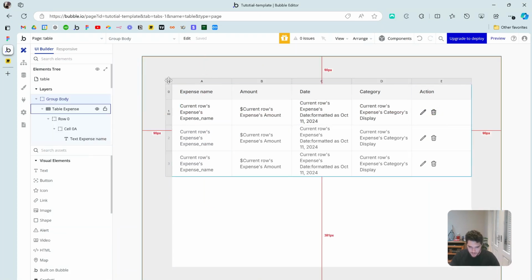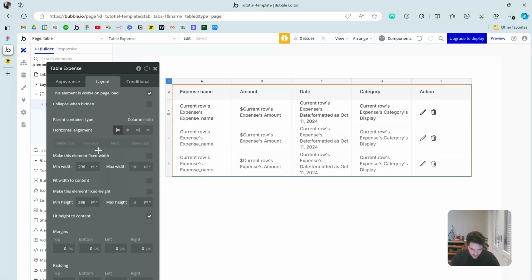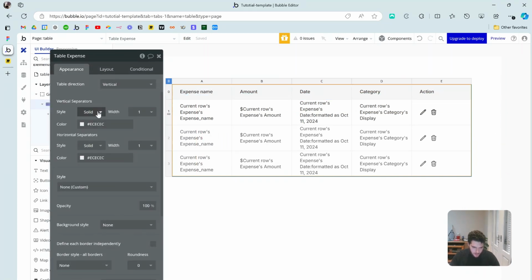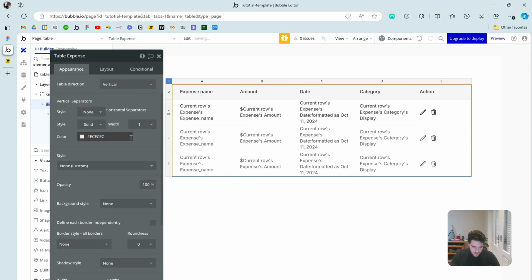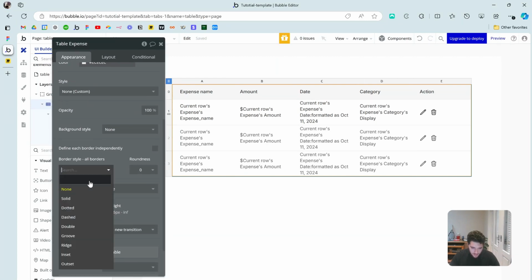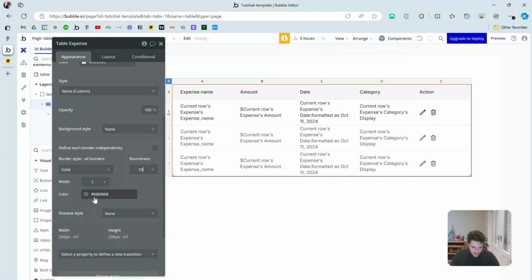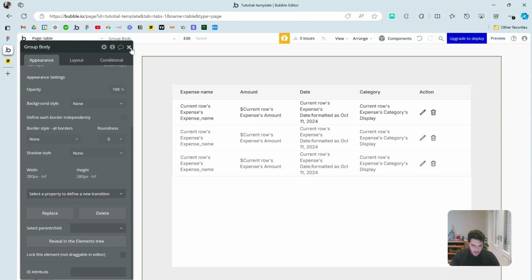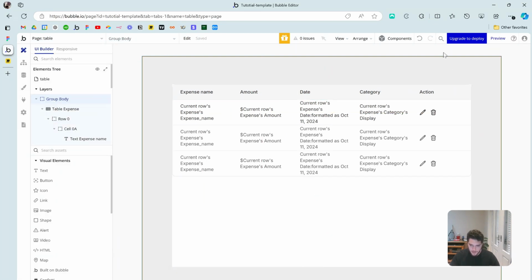Now, finally, for the design, let's configure the table itself, where we can come here on appearance, and I will remove the vertical separators, and I'll add some border to it, around 10, and let me make the border a gray color. So what I want to do now is to create a button where we can add data